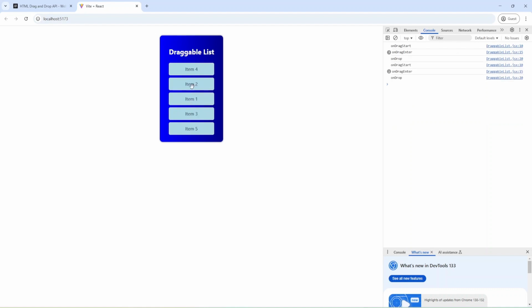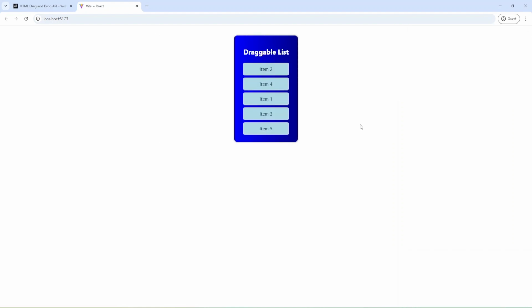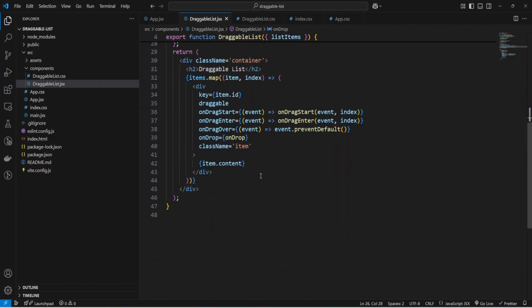Okay, and now we can just add some styles for our items. I can hide the console, and let's add dragged and hovered classes for items. And here I'm going to provide code, and we'll add classes depending on the state.